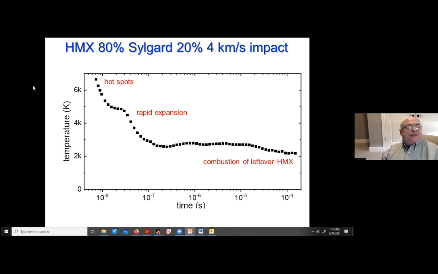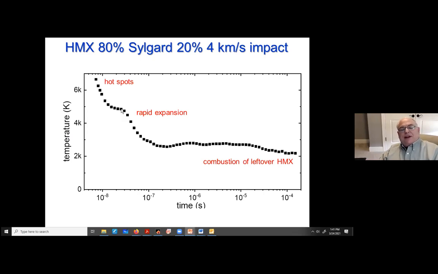And our interpretation of this from a lot of experiments is, at the very beginning, the shock hits this inhomogeneous material, and you get energy concentration at certain locations, and that produces a small quantity of very hot things, which are the so-called hot spots. One very prominent thing is if you have a hole or a void or a delamination or any place where you have basically nothing, you're going to get a lot of high energy right there and energy concentration. So the hot spots are very hot, and there aren't many of them, and they're small. And because they're small, they cool off pretty rapidly.